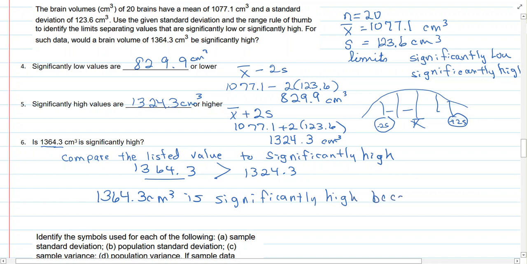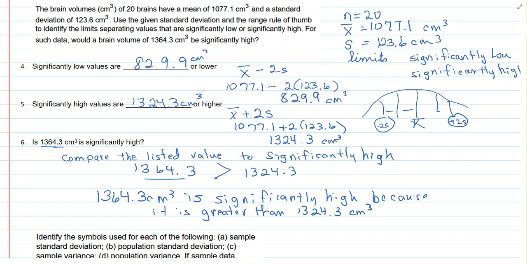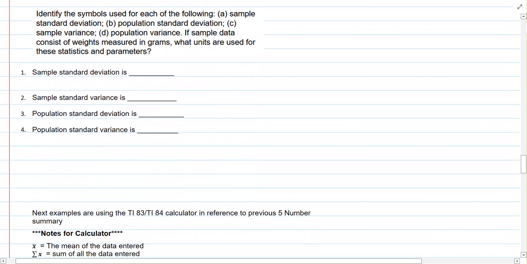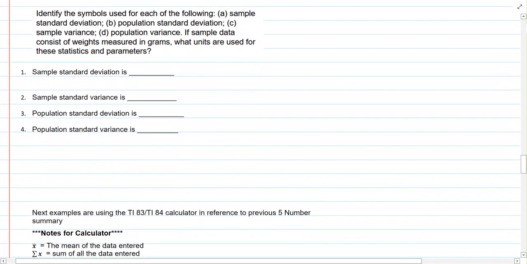Because it is greater than 13.24 and 3/10 centimeter cube brain size. So it is a larger brain volume. Okay, very good. Now here's a little recap question, and it's important that we know